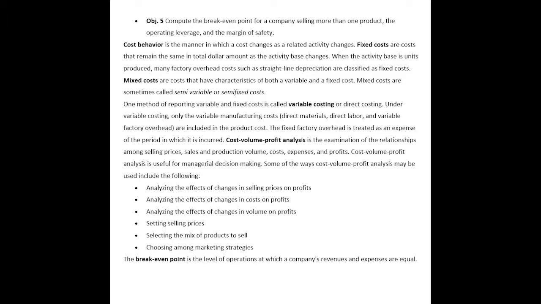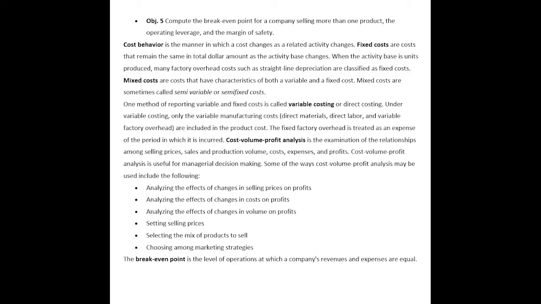Cost volume profit analysis is the examination of the relationships among selling prices, sales and production volume, costs, expenses, and profits. Cost volume profit analysis is used for managerial decision making. Some of the ways it may be used include the following. Analyzing the effects of changes in selling prices on profits, analyzing the effects of changes in cost on profits, analyzing the effect of changes in volume on profits, setting selling prices, selecting the mix of a product to sell,